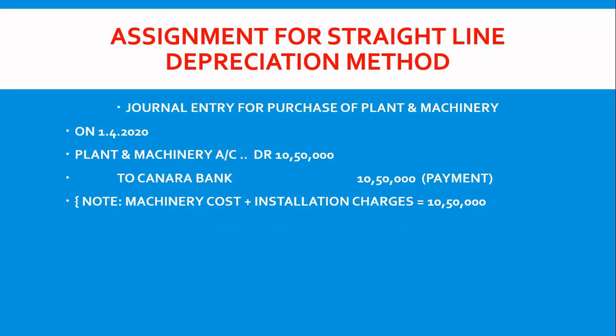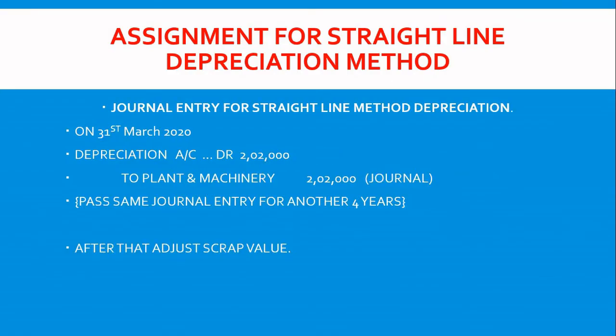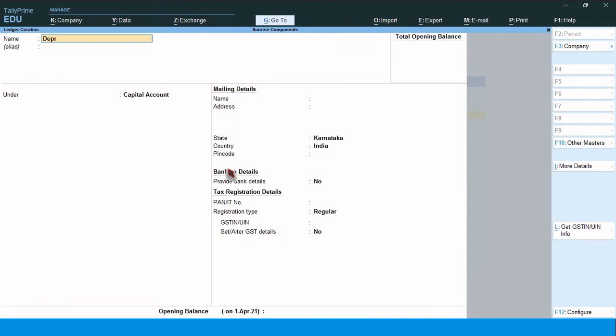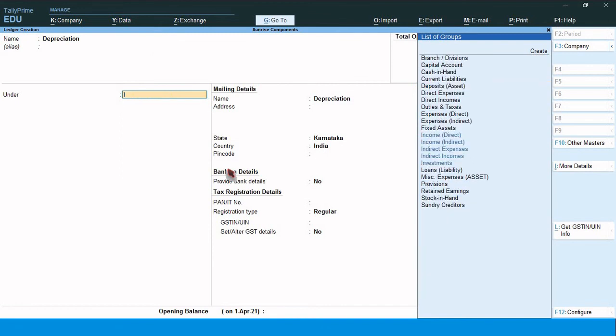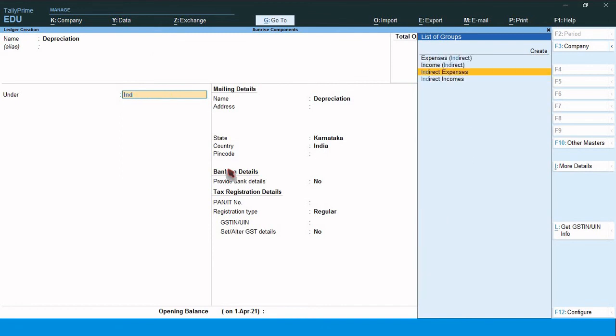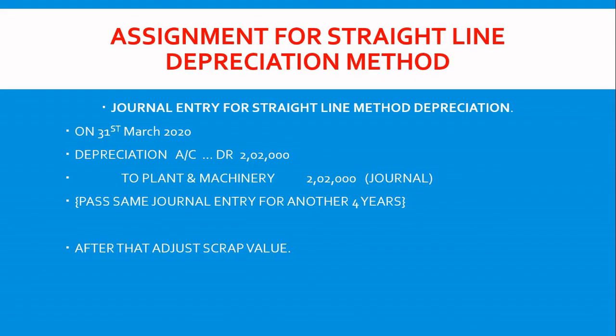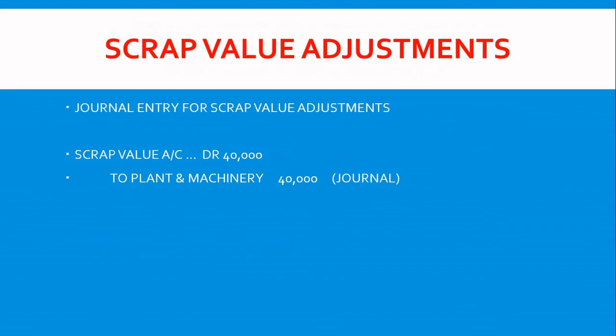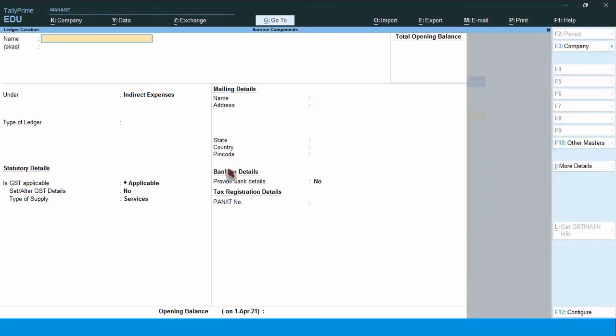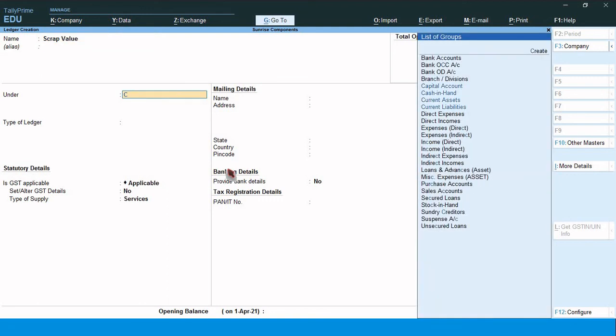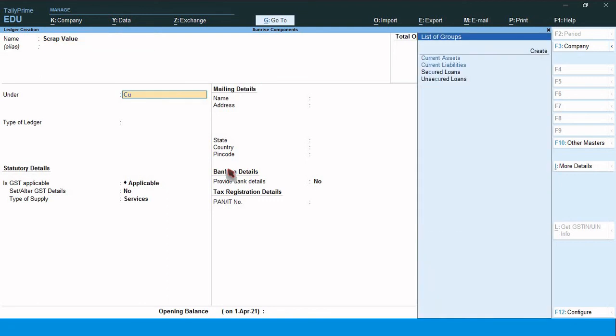So next, depreciation, under indirect expenses. Plant and machinery is already created. Scrap value, current asset. In Tally, what is this scrap value?